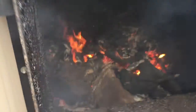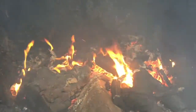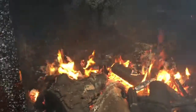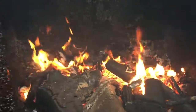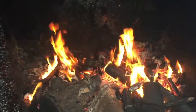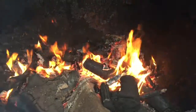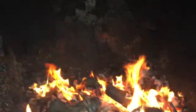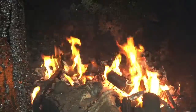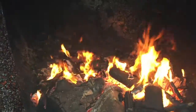Now we've had a fire going overnight. Basically that's what it looks like in there. It's not a big raging fire. As it gets colder, I may build up more wood in there, but as I'm learning how this system works and everything, it doesn't have to be super full and packed full of wood and coals and everything. You want the surface area of the tank, because that whole liner is the tank, to be able to absorb all the heat. So now it's catching on fire because the door's open, it's getting hit with oxygen,